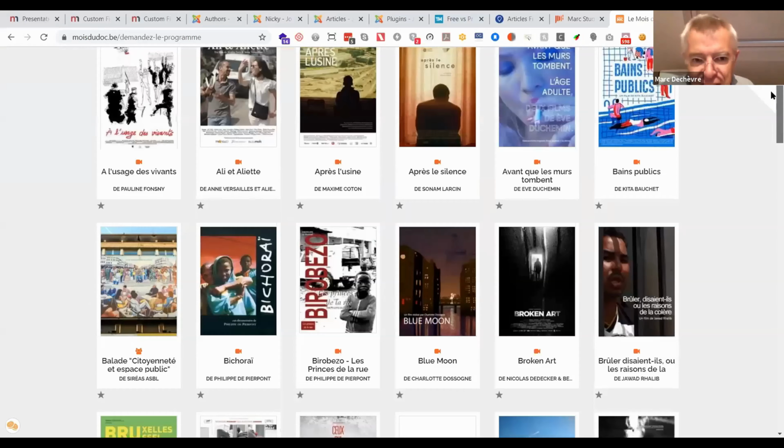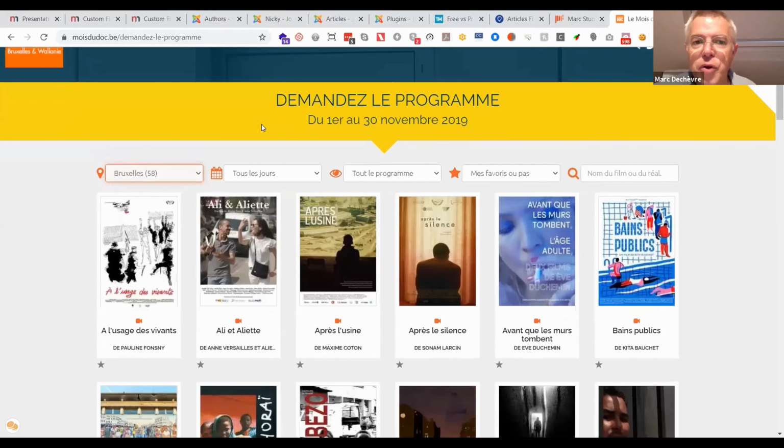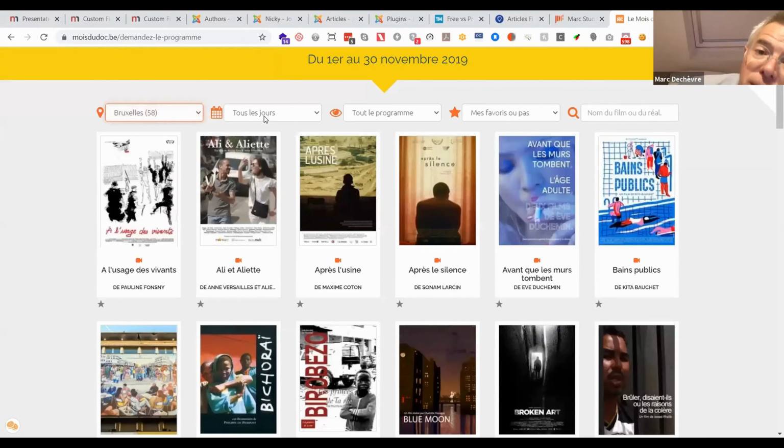If I had 1,000 films on this website, I could not make it, because here I'm always loading the 100 films, and the filters are just a question of hiding them with a display none, right? I say all the films which don't have the class Brussels, I want to hide them. So I add the class hide. So this was a special case that I made really by hand, my first experience with JavaScript. But if you want to do something nice, quite similar,